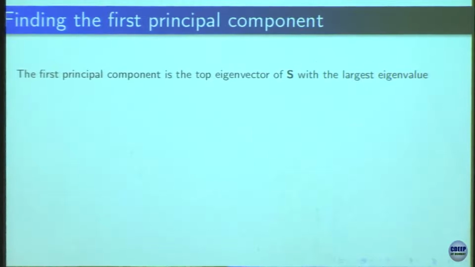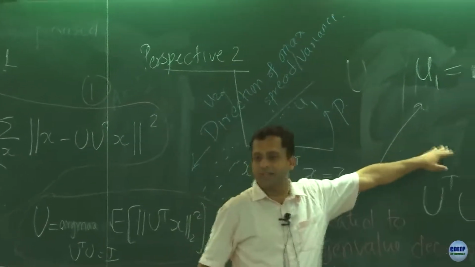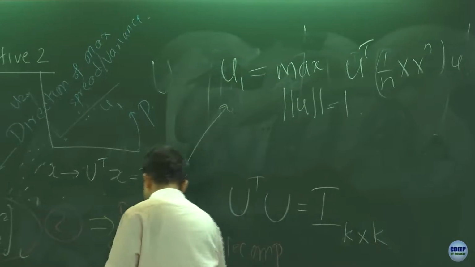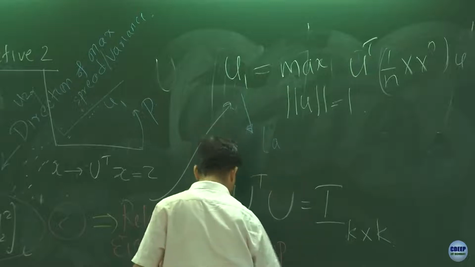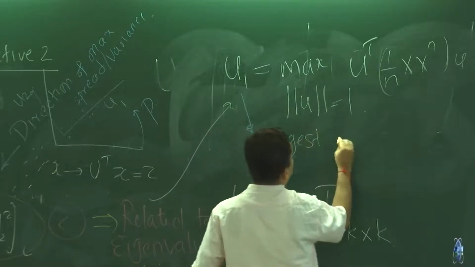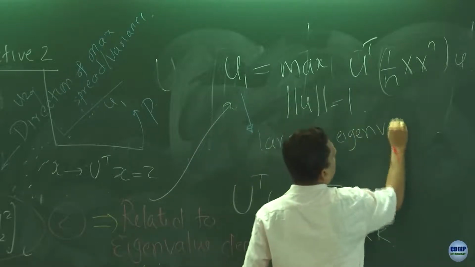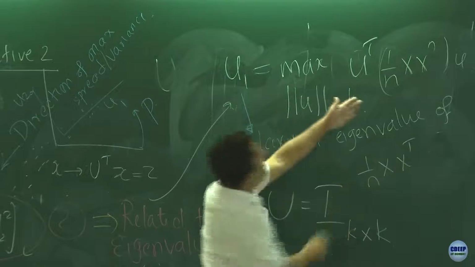Okay. So now it turns out that this first principal component is really the top eigenvector of 1 upon n xx transpose, with the largest eigenvalue. So as I said, related to the eigenvalue decomposition, but now we have come to the really determining step. Okay. So this u1 is the largest eigenvector of 1 upon n xx transpose. I mean, this is by definition,